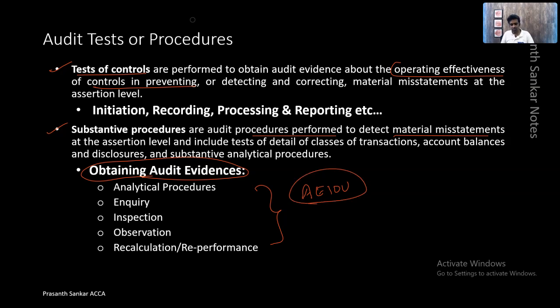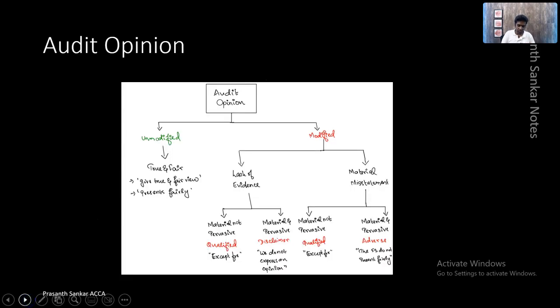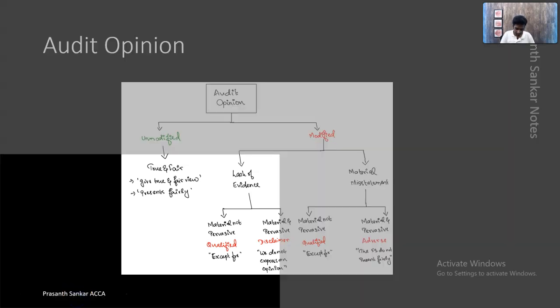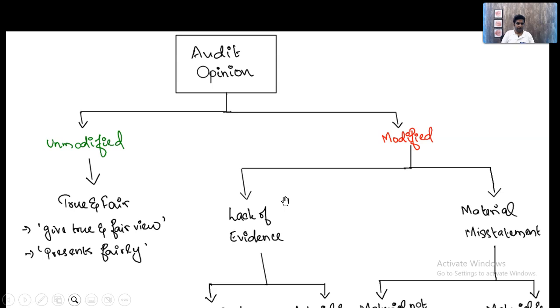The substantive procedures we will perform are based on the summary AEIOU. Remember this mnemonic. It's very important for your practical aspect, where when you're writing it, you need to think of how you're going to perform each of the substantive procedures. Finally, once he has performed all these procedures and obtained all the evidences, it's important for him to come to a conclusion, and he will come to a conclusion based on his opinion. The opinion of an auditor can be of two categories: one is modified opinion, and second is unmodified opinion.